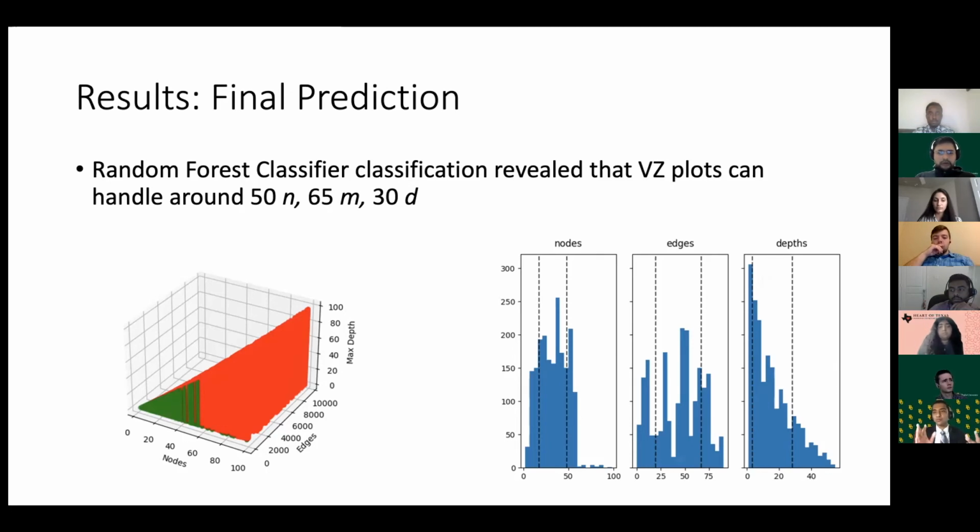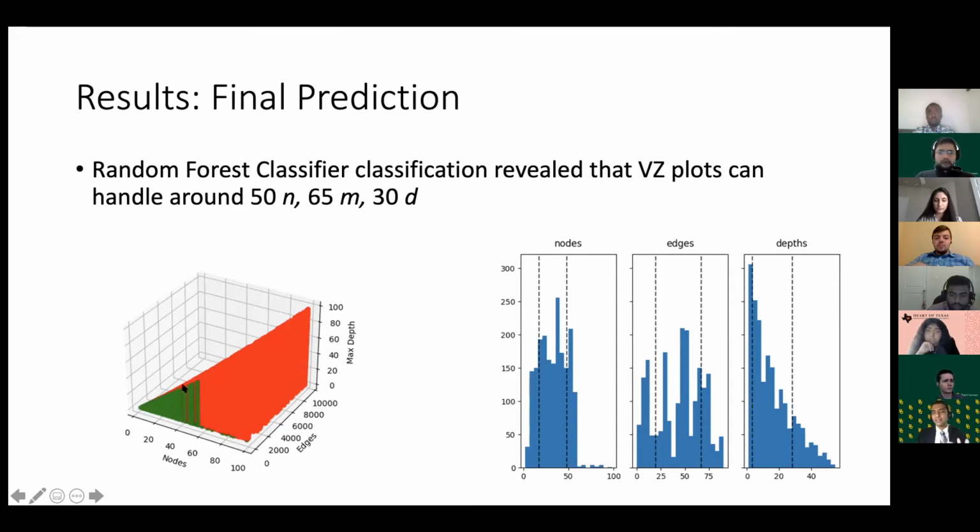And the way we got these numbers is we had two approaches. The first one, on the left here, we plotted in green the graphs that worked, and in red the ones that didn't work. Based on visual inspection, you can see it's around 50, 55, and it looks like it's around 1,000, which doesn't seem correct, right? And then our depths here we can see on the top there.